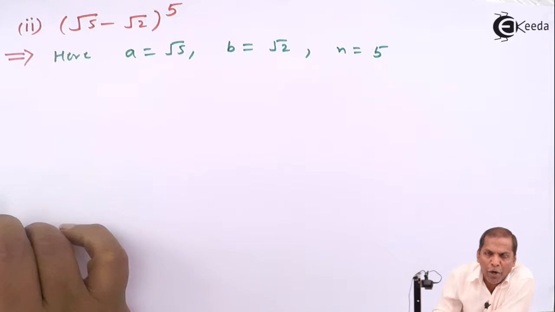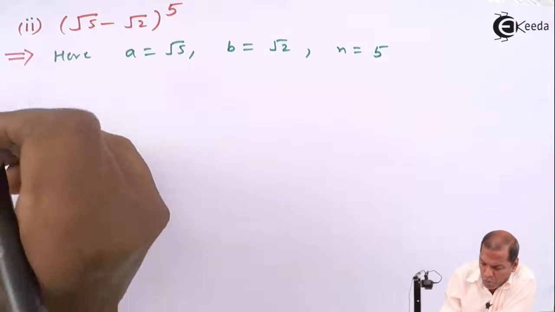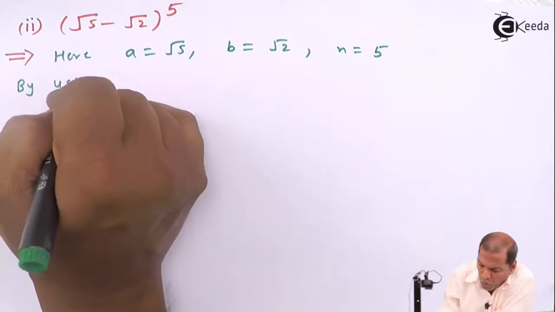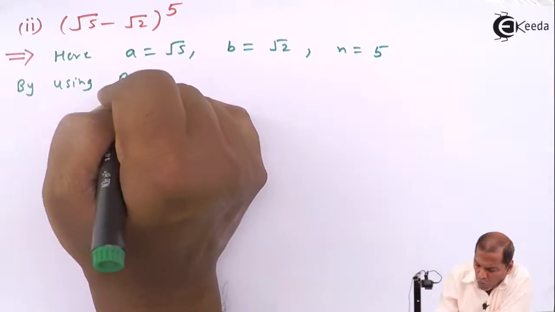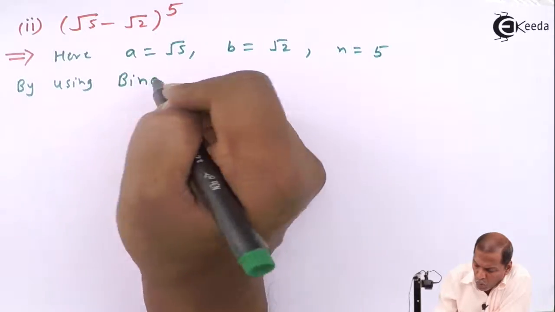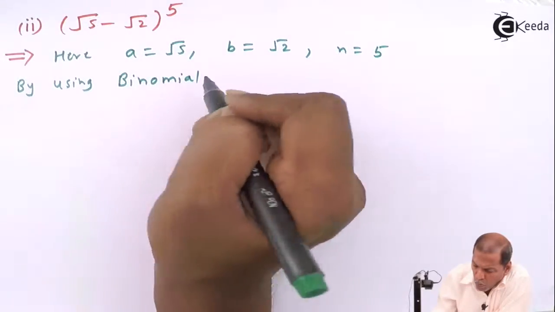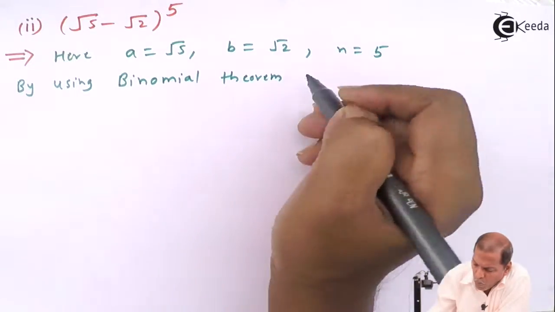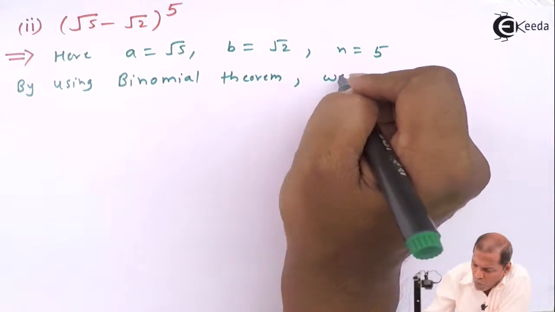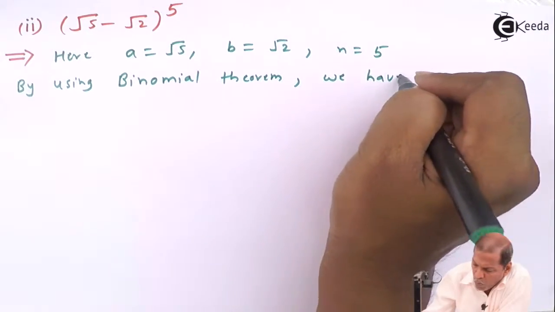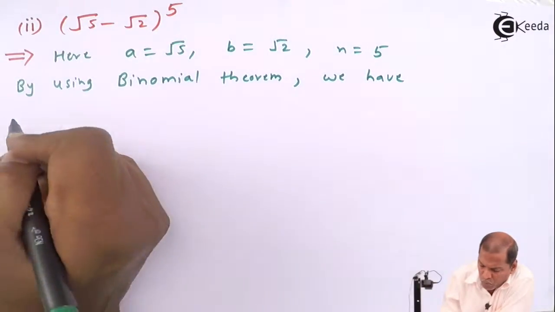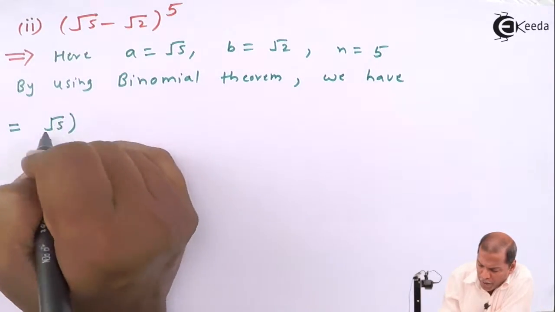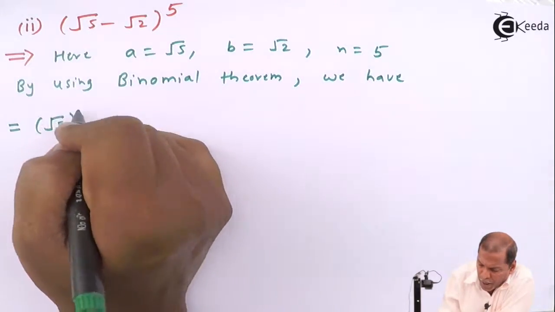By using the binomial theorem, we have that equal to (square root of 5) whole bracket raised to 5